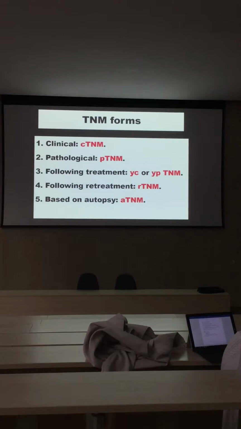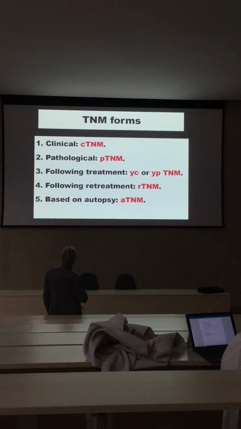Why? Because we can talk about different types of T's and N's and M's. There is an image in every clinician who treats a patient with a malignant tumor, about what is the size of that stage where the whole drama takes place. So it is possible, particularly since we have all these sophisticated, highly developed imaging techniques, to give a clinical TNM evaluation of a tumor, and also a pathological,